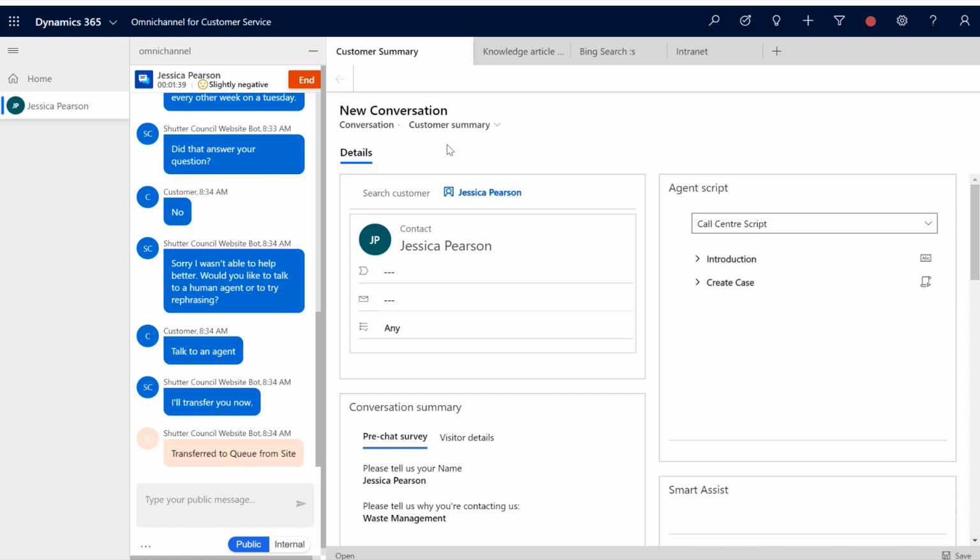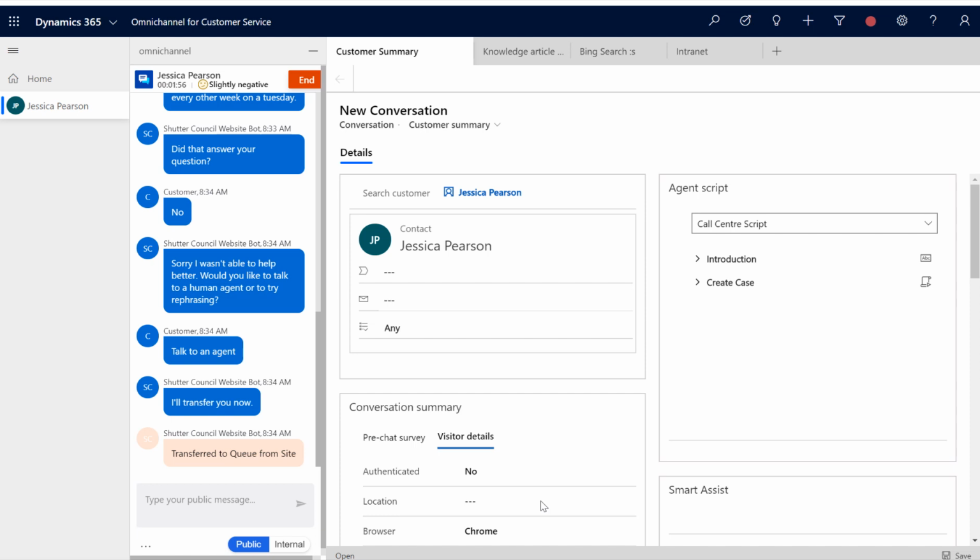Now, it doesn't mean that that visitor, that customer has gone through authentication. In fact, it doesn't mean that. And I'll show you here in visitor details, for example, it shows you whether or not that customer is authenticated or not. It will also show you the location.